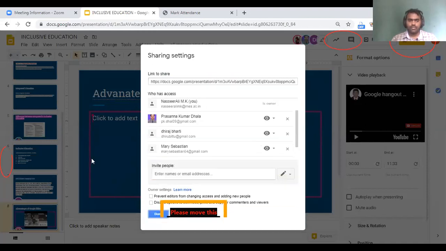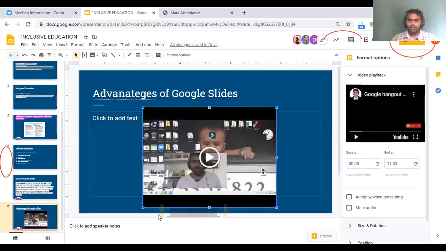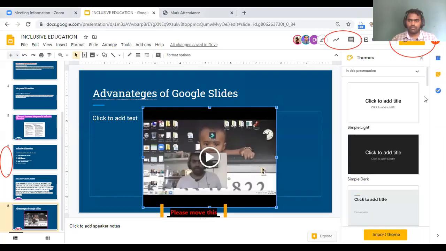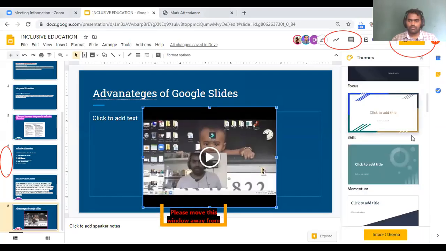Yeah, please ask, ma'am. Sir, when we work on Microsoft PowerPoint presentations, we get designs, and the designer's slides can be seen on the right side. If we have written something on one slide, different designs of the same slide can be seen. So is that feature there or not?